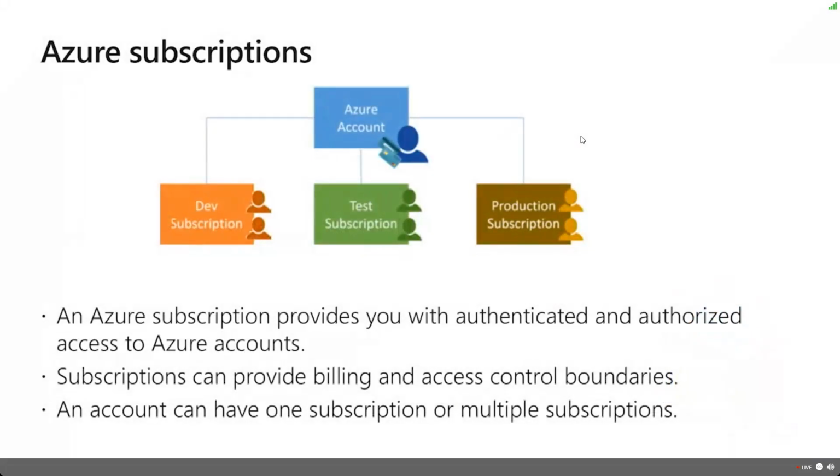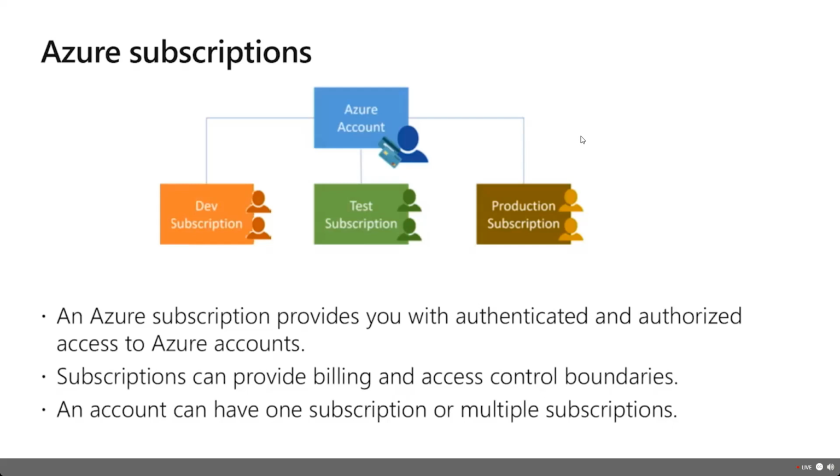That's where you get your stuff done. It's how we provide billing and access boundaries for our customers and for folks like yourselves. We have an account, can have multiple subscriptions. So generally what we see is most customers have one Azure Active Directory tenant and they have all the subscriptions for Azure underneath it. Now, one special note about that, Azure subscriptions is one type of subscription we have. We have Office 365, we have Dynamics 365. They're all different subscriptions that can be tied to that one tenant.